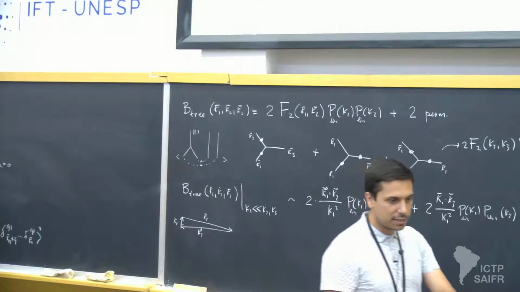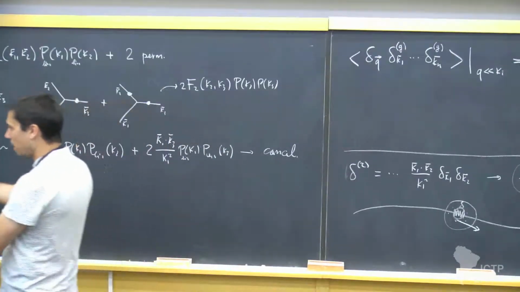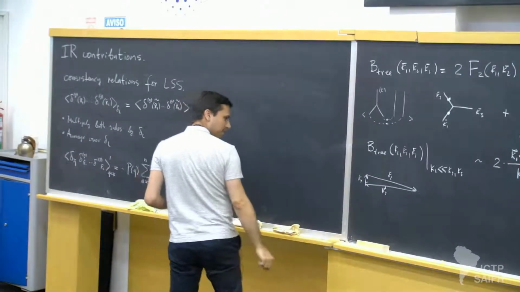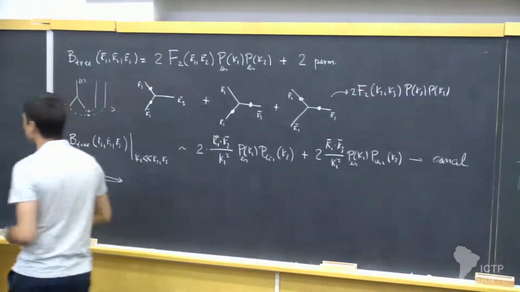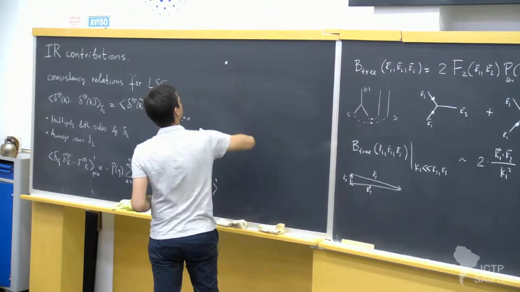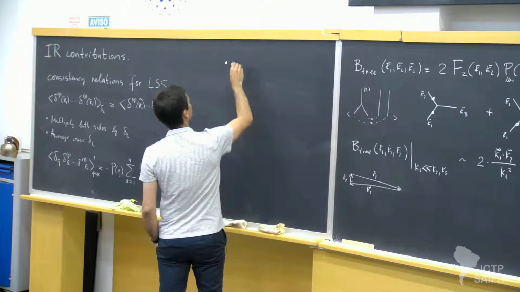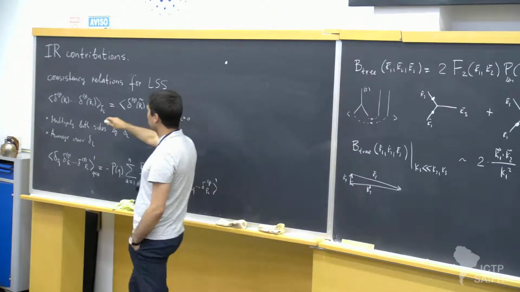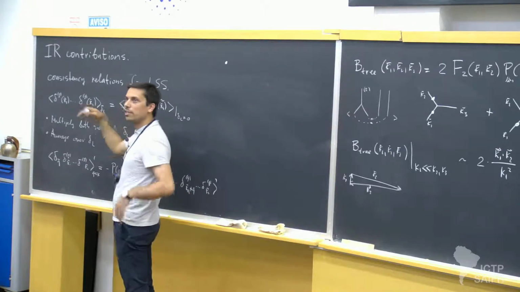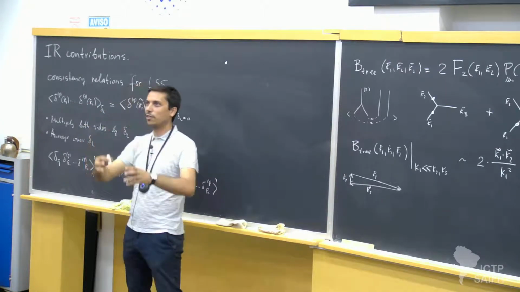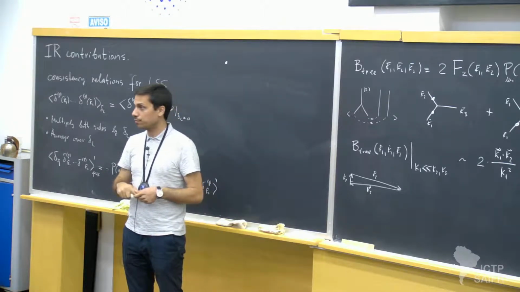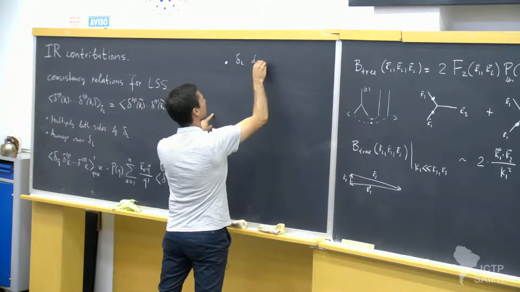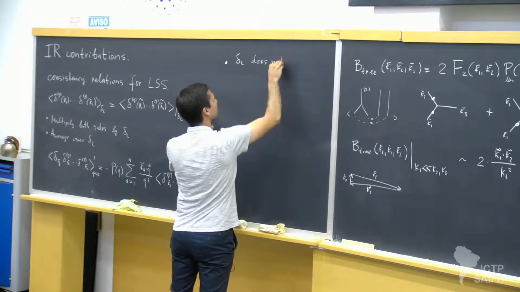So now the important point is that this is all fine. However, there are a few caveats here, okay? And let me say what they are. So the first thing is that we have to assume that in the first step, when we say that in the presence of the long mode nothing is happening except that I'm going to the free-falling reference frame, this is not always true. So the long mode, we have to assume that delta long does not change